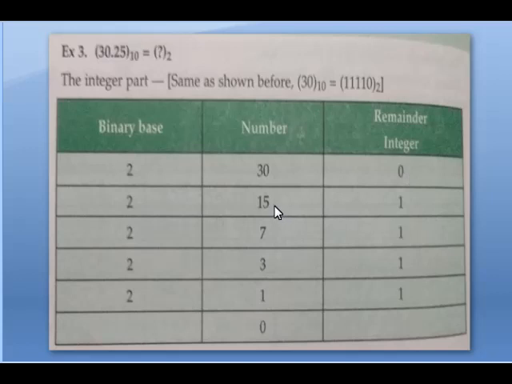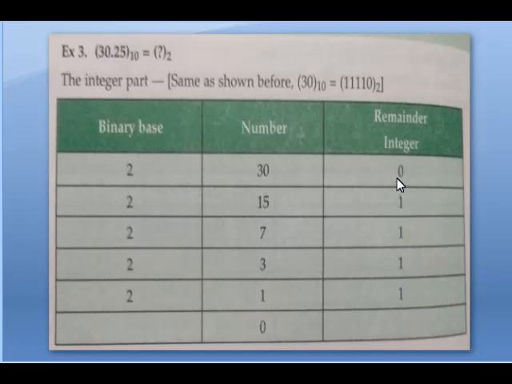7 divided by 2, we will get the quotient 3 and the remainder 1. 3 divided by 2, we will get the quotient 1 and the remainder 1. 1 divided by 2, the quotient 0 and the remainder is 1. So the integer part we will write from bottom to top, that is 1, 1, 1, 1, 0. Okay. Next is